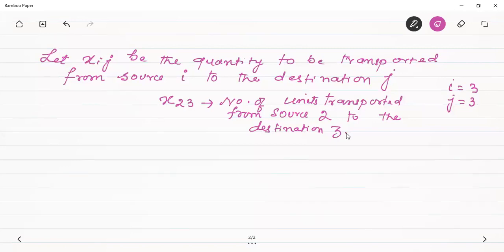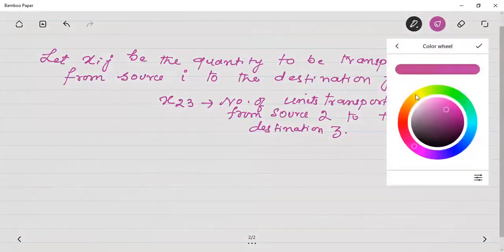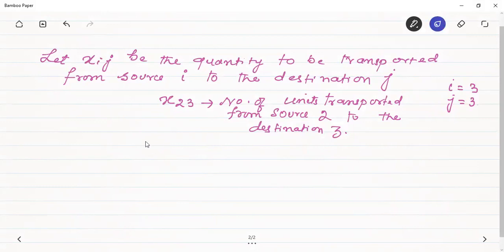Can anyone say how many variables will we have? These will become the decision variables, like there we had x1, x2, x3. They were the decision variables. Can anyone say in this problem how many decision variables we can have? Nine. Very good. If m are the supply points,